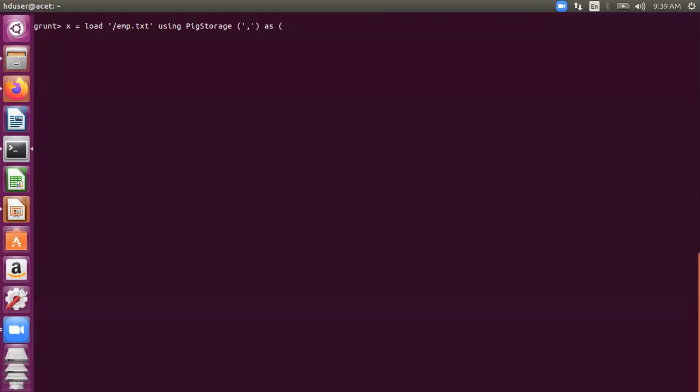As you know, the emp table has 8 columns. So right now I'm giving it some field names without specifying any data types. If need arises, we'll give the full schema along with data types. But right now I am just giving the names of the 8 columns as A, B, C, D, E, F, G, H. And I'm loading this file emp, right?